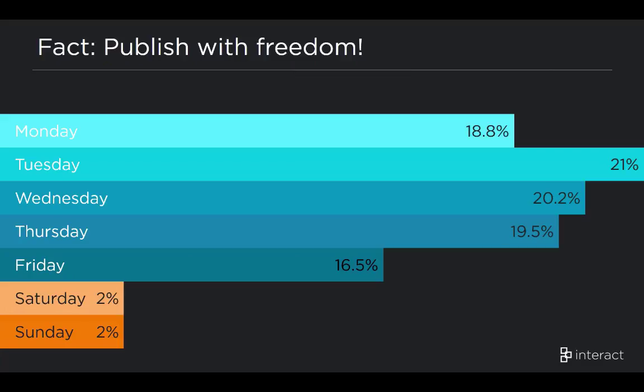Friday certainly drops off. One thing I really thought was interesting was that 4% of content is published outside of those normal Monday to Friday business days, which I thought was very, very interesting. So definitely it's open season now, Monday to Friday, to publish content. I wouldn't necessarily recommend publishing on Saturdays and Sundays, as it may likely get missed,